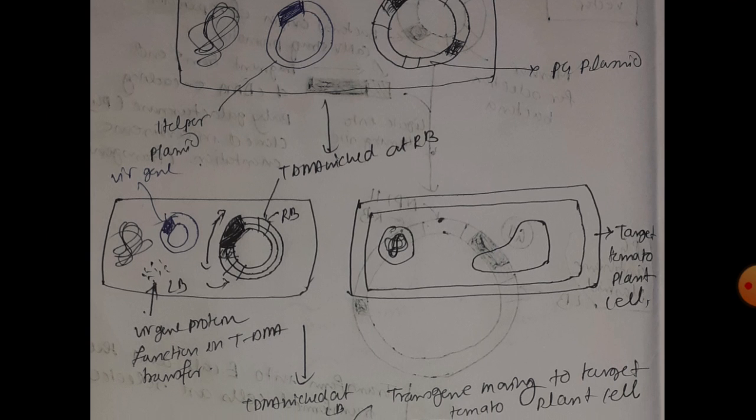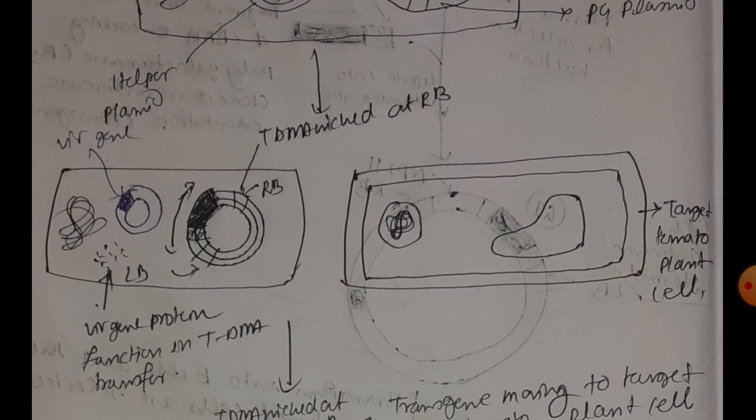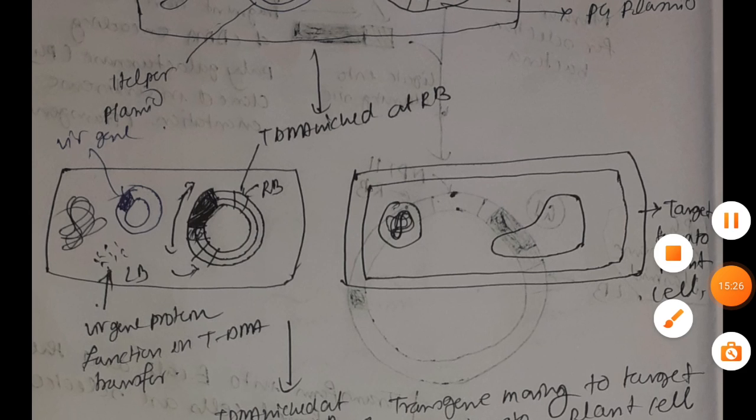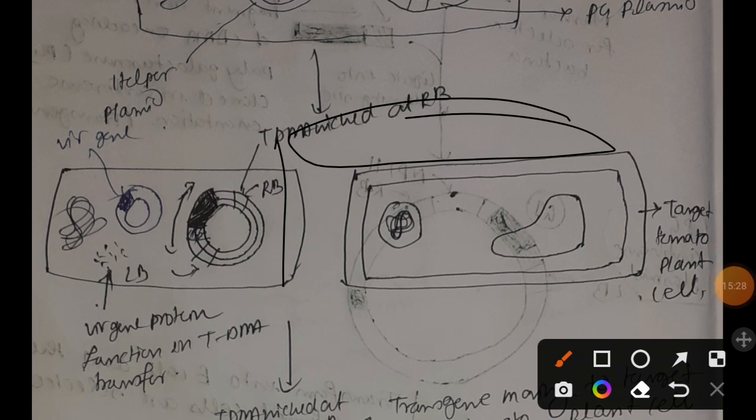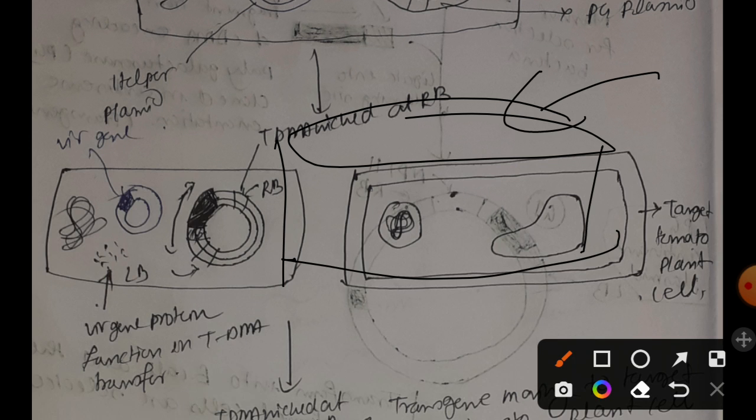Let's see how it is done. So first of all, after the formation of the Agrobacterium tumefaciens containing the helper plasmid and our binary plasmid, we will select them with appropriate antibiotic containing medium. Then after that we will grow them in a plate. This plate will contain appropriate antibiotic, obviously, no doubt about this. Along with it will contain acetosyringone. This acetosyringone is a phenolic compound that